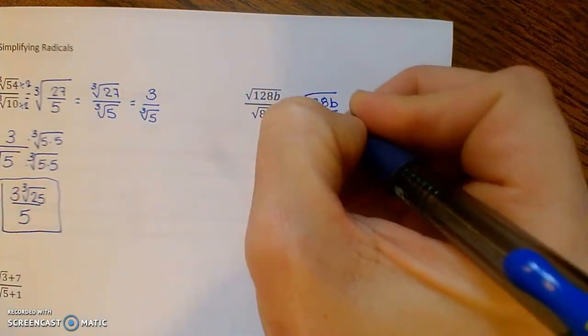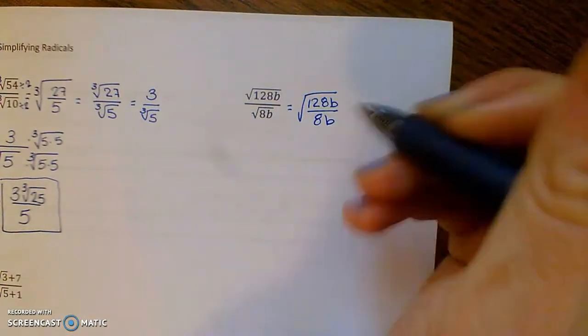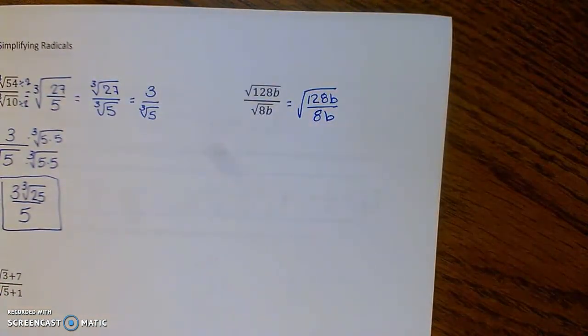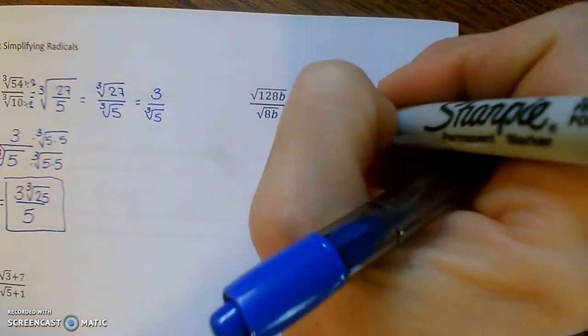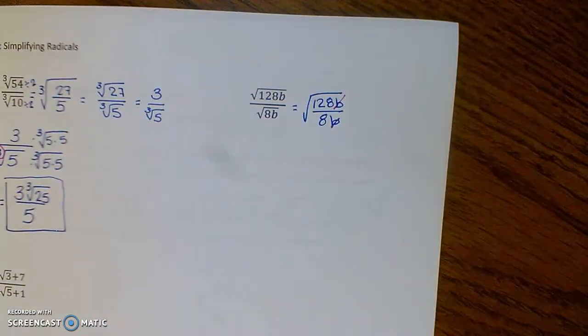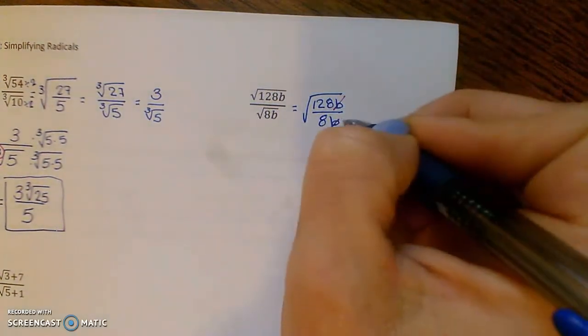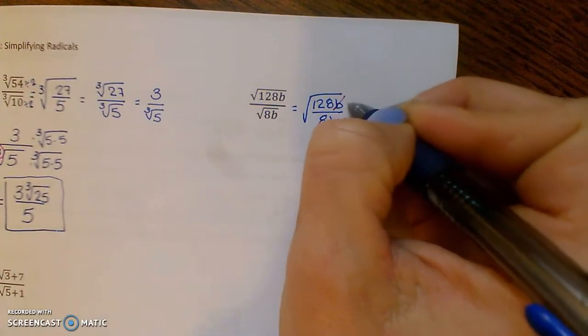128b over 8b. So think of it as being together underneath the same radical. The b's cancel. Let's see, does 8 go into 128? If that would just divide out nicely, that would be wonderful. Fortunately, it does. So if I divide both by 8,